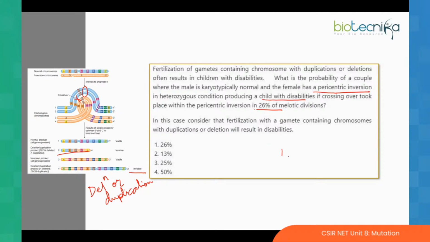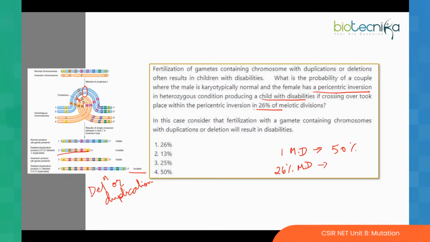So in one meiotic division, 50% of the gametes formed will be having the inversion, right? So if there are 26% meiotic divisions where crossing over has happened through the pericentric inverted segment,